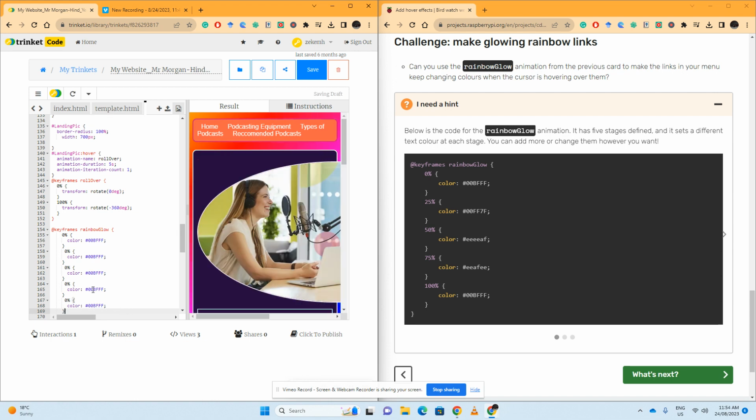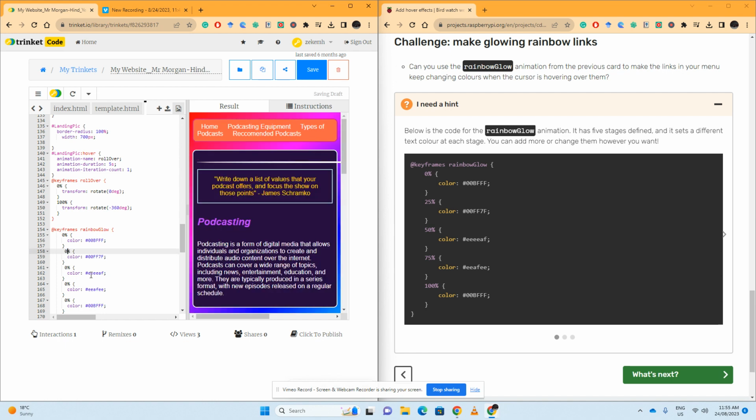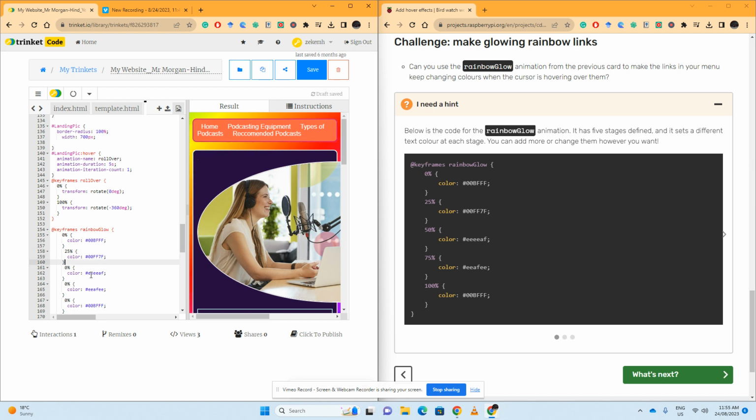So the one in the middle here is EEAFEE. Control C, Control V. EEEFFF. I'm going to change these values here to 25%,